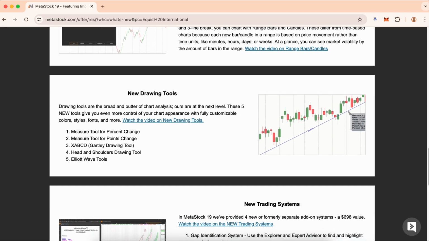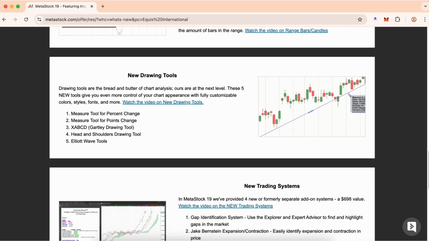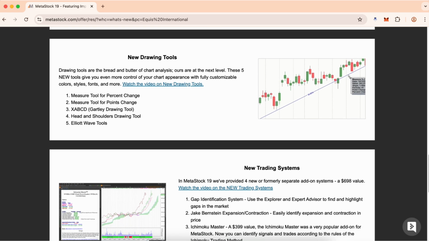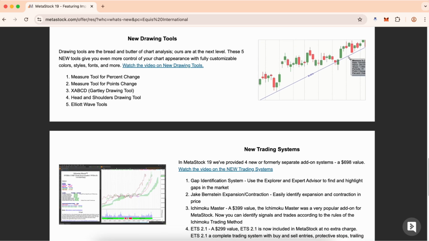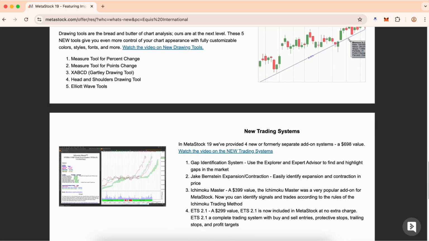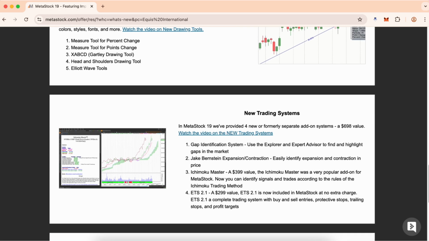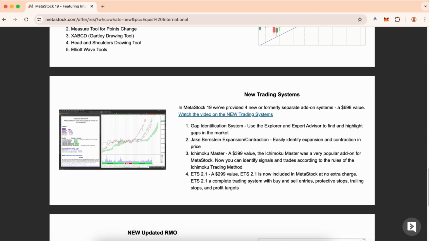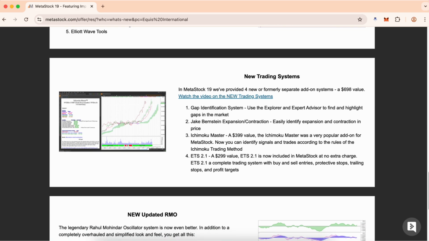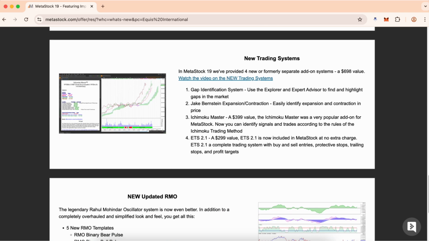The enhanced system tester is a game changer for strategy development. You can backtest your trading systems across historical data to see how they would have performed. This isn't just simple backtesting. We're talking about Monte Carlo simulation, walk forward analysis, and optimization tools that help you fine tune your strategies before